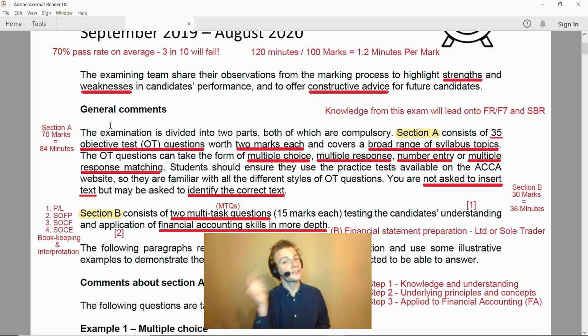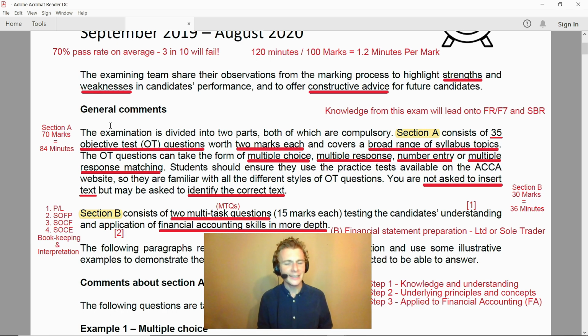But I've also done a top tips video as well, how I would actually break down those 2 hours so you effectively use it and you minimize the actual amount of mistakes on there. But that's another video. We're focusing on this, so let's get stuck in, because the marking team have kindly pointed out what the strengths were from students, the weaknesses, and in every single external examiner's report review that I've done,